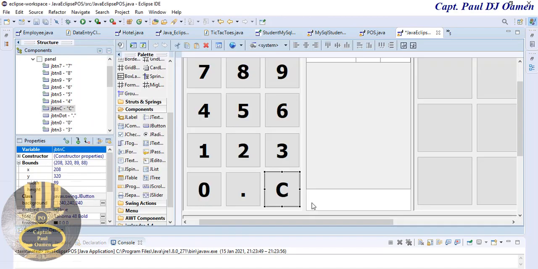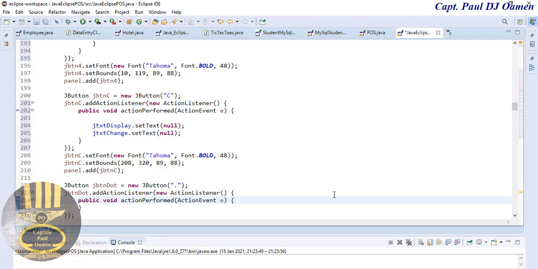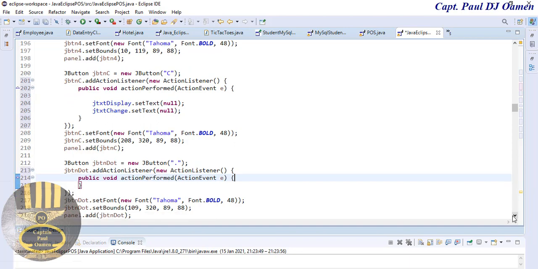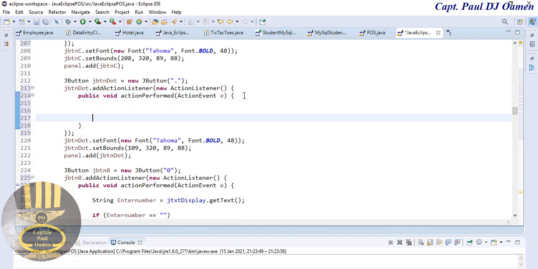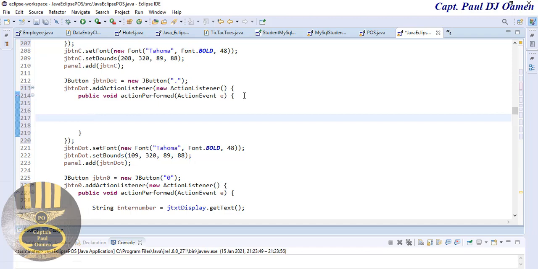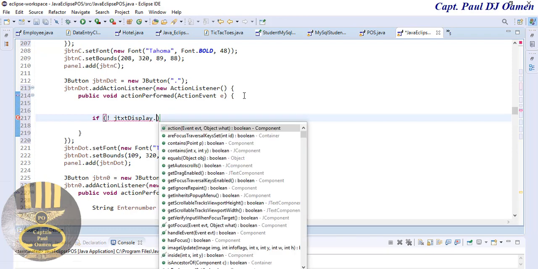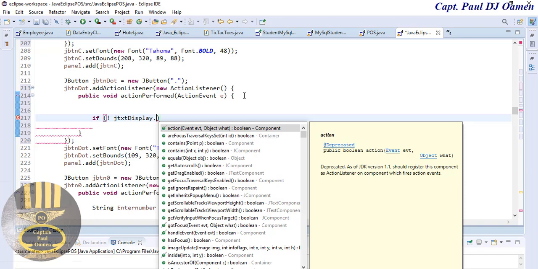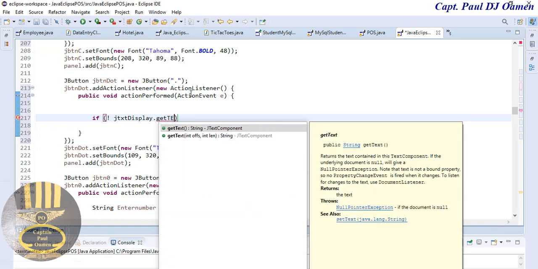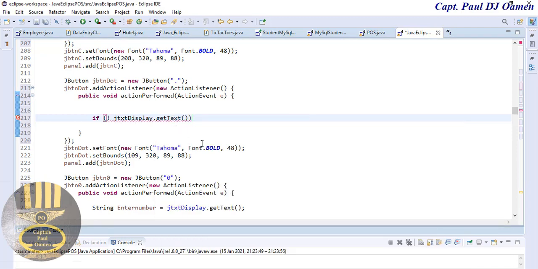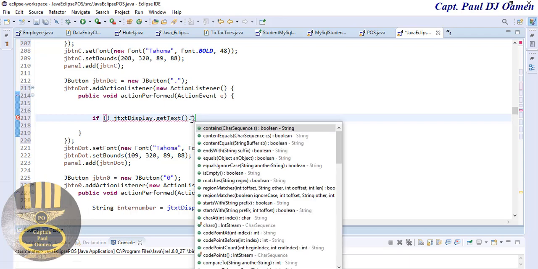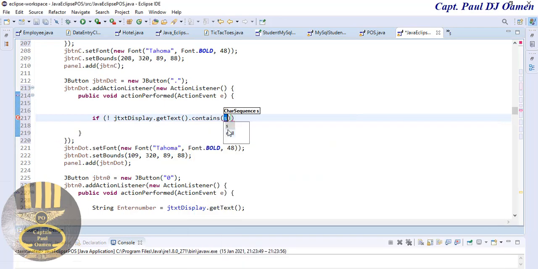Now let's take care of decimal place. So bring that down here and right in there. Press enter. Okay, now let's use an if statement to find out what is in there. If not jtxtDisplay.getText, and dot, if it contains the following there. If it contains decimal place, and I want